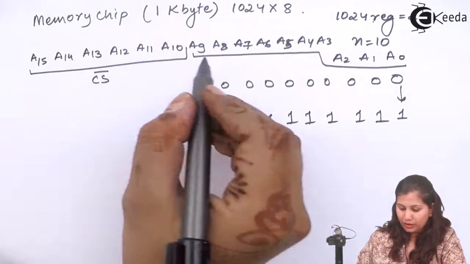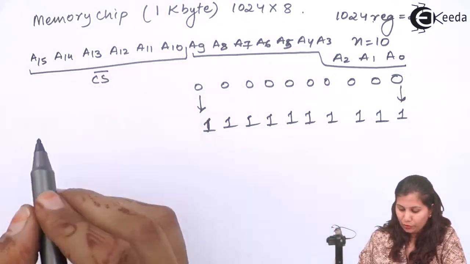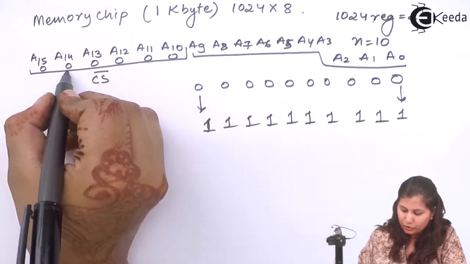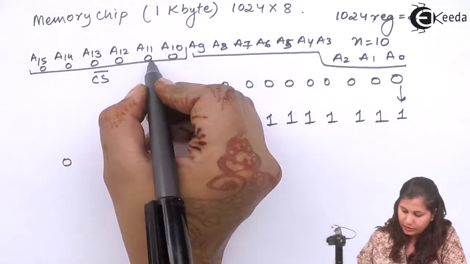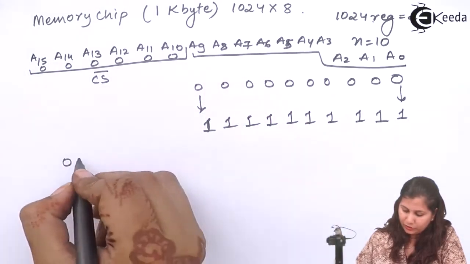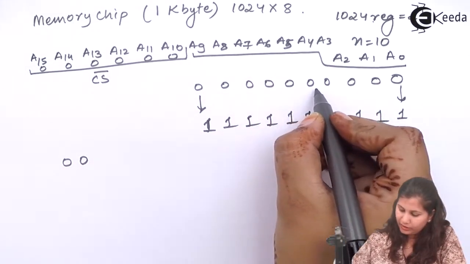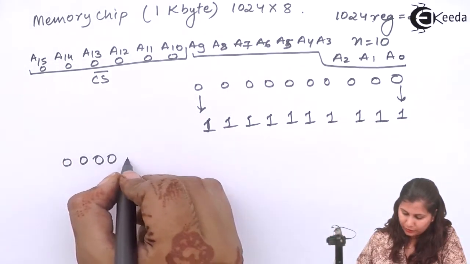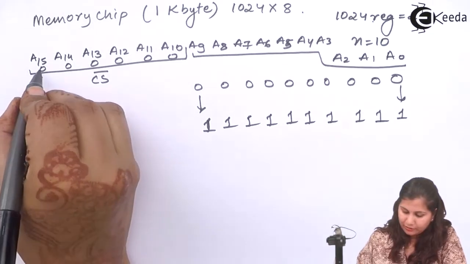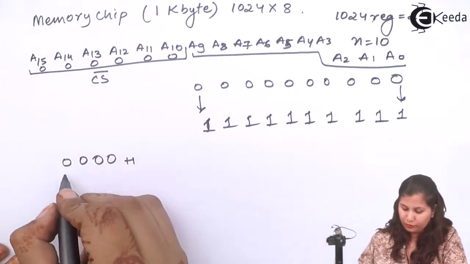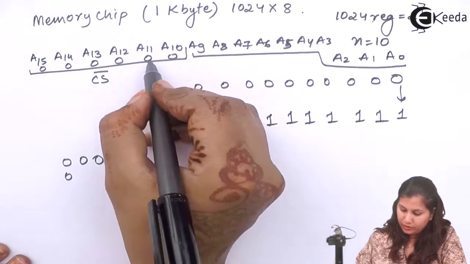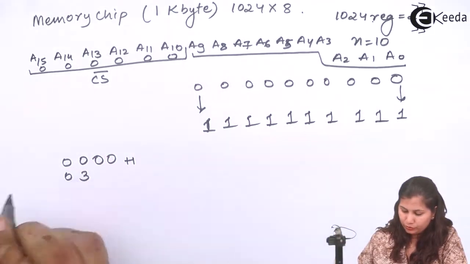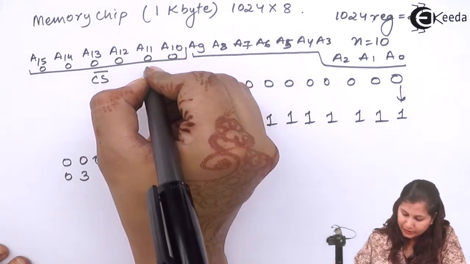Okay, so combine all of them, we have the 4 as 0 0 0 0 0 0. So these 4 are 0, then these are 0 0 0 0, so again 0, then we have these 4 and this 4. So first address is 0000H, last address will be 0000, then 0, then 0011. So 0011 is equivalent to 3, because what it is